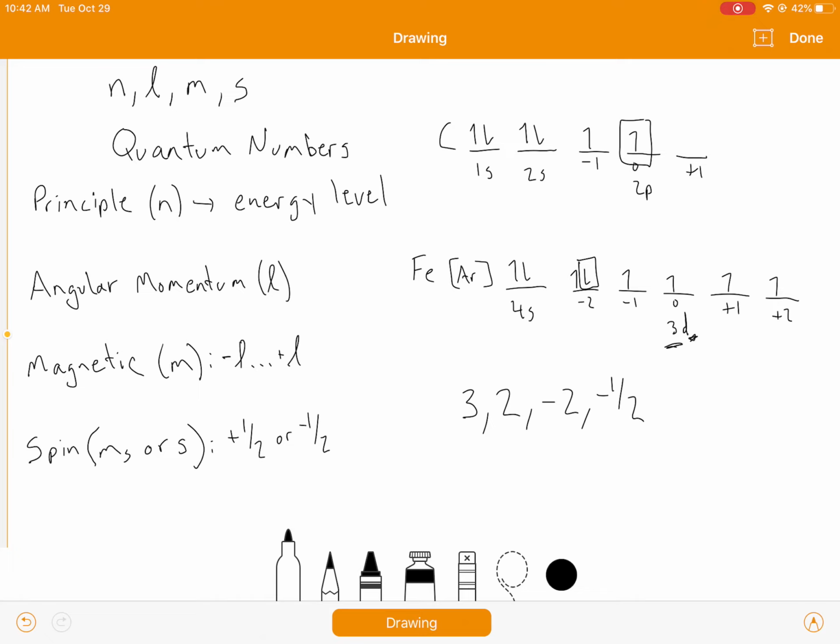Now, if it had asked you for the last 2 electrons that were put into iron, that's a typical question, you would say, okay, this arrow was the last one put in, but before I put that one in, I actually put this one in. So if you were going to do that one, you would say it's still in the 3rd energy level, it's in a d sublevel, but now it's in the +2 orbital, and it is a +1/2 electron. So you can look at any of the electrons within an element. Typically they'll just talk about whether it's the last one or the second to last or something like that. But hopefully that will give you a good jump